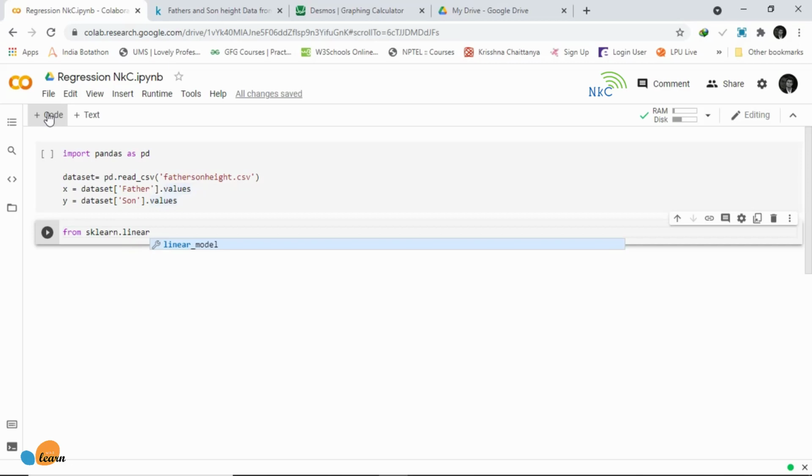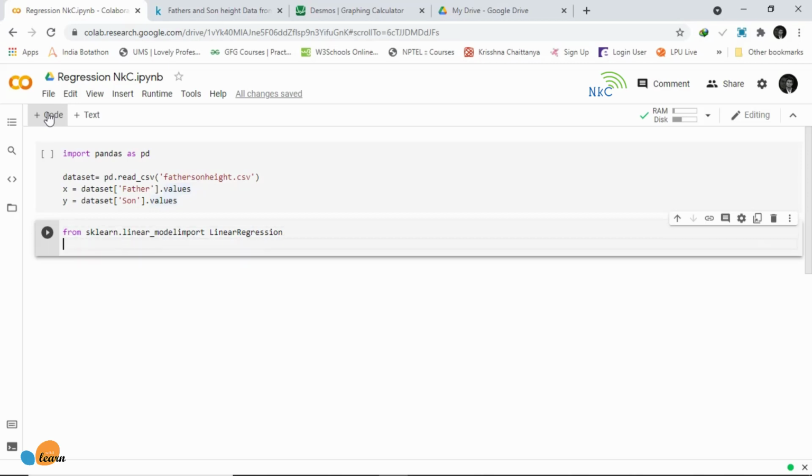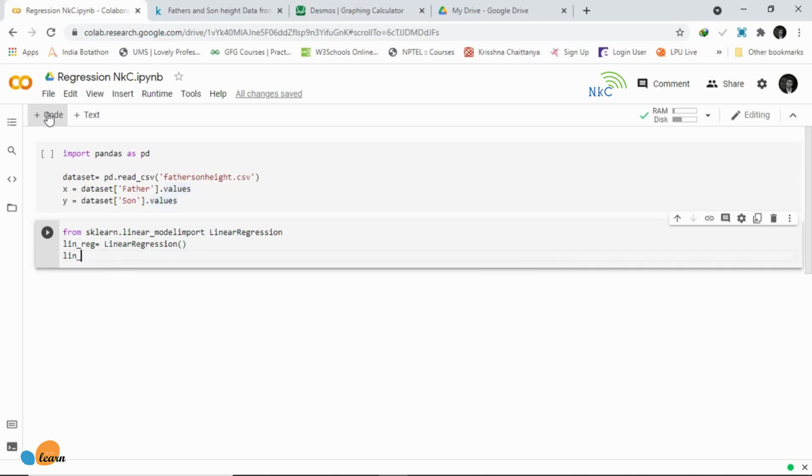Alright, now all we have to do is create the model, and since we are going to have multiple models in the Colab file, I'm going to name our model lin_reg. We are going to set it equal to LinearRegression with open parenthesis. Now all we have to do to train our model is say lin_reg.fit, and we are going to fit our X to our Y. So run that.